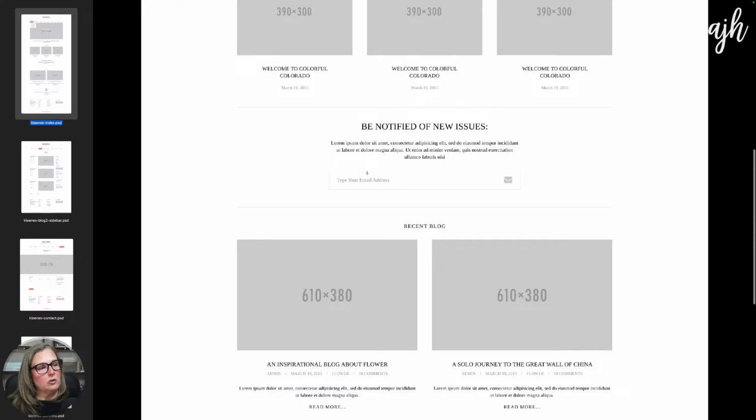I feel like grid is a good use for that, and then we're not doing any positioning. So maybe display grid. Grid template columns.